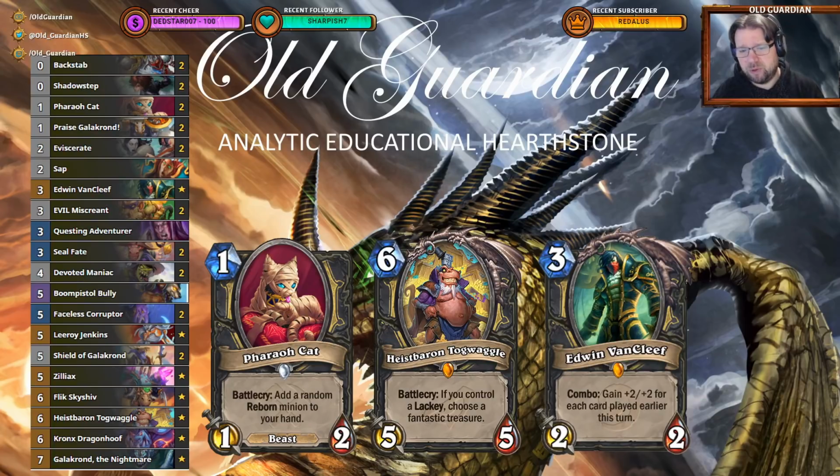And in a slow matchup you could also keep Heistbear and Togwaggle, because there are so many lackey generators in the deck, you will have lackeys. You will always have lackeys. And the earlier you can play Heistbear and Togwaggle, the earlier you can get the Wondrous Wand, you can get the 3 free cards from that, and that can just give you such an insane tempo swing